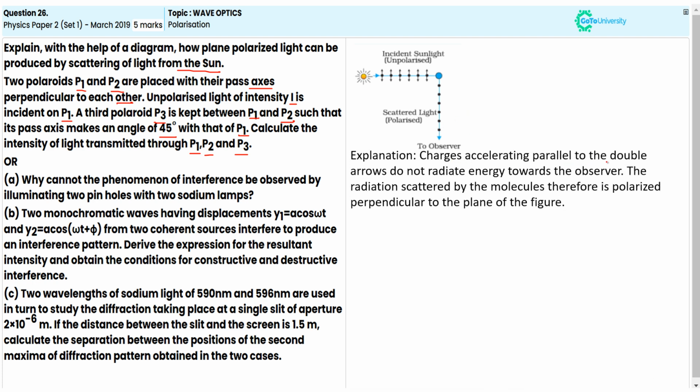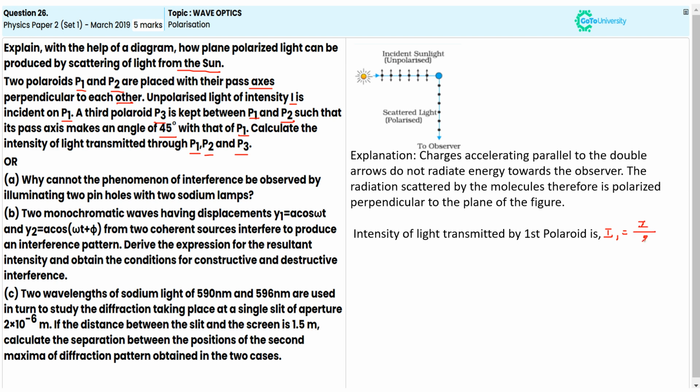Charges accelerating parallel to the double arrows do not radiate energy towards the observer. The radiation scattered by the molecules therefore is polarized perpendicular to the plane of the figure. Okay, then the intensity of light transmitted by the first polaroid is given by I1, which is equal to I